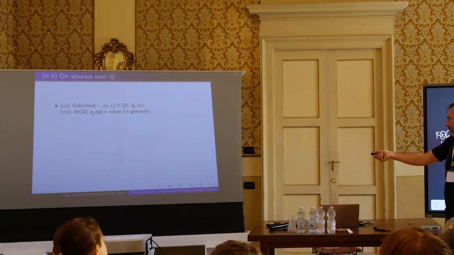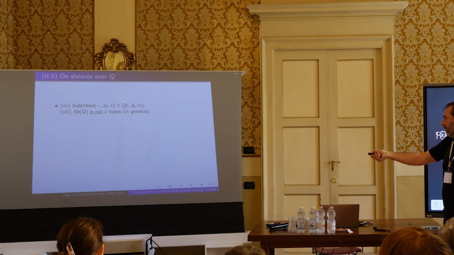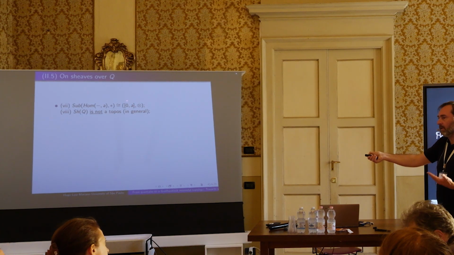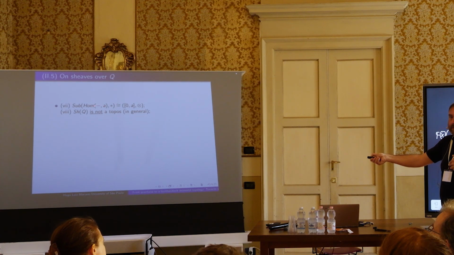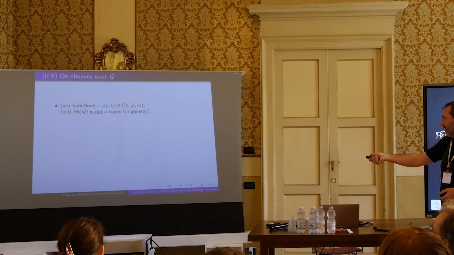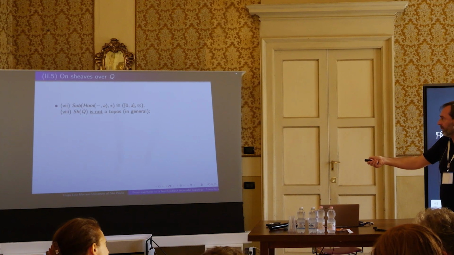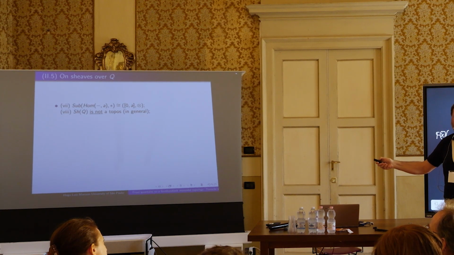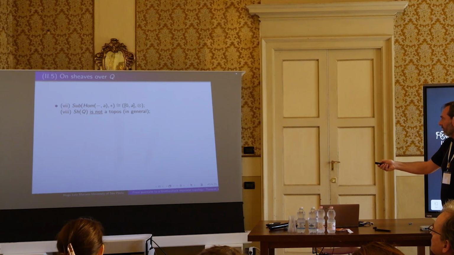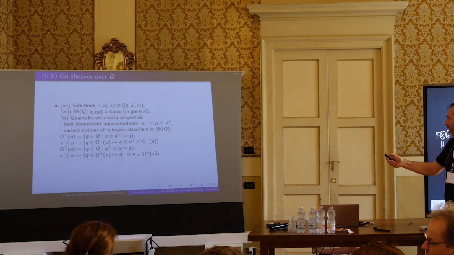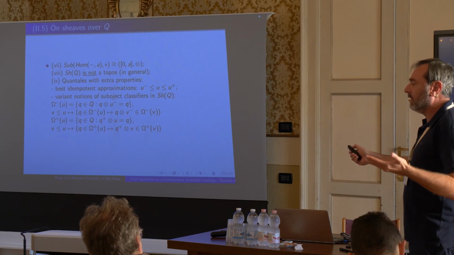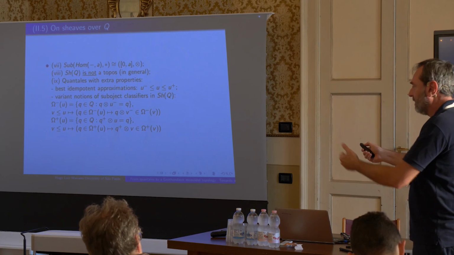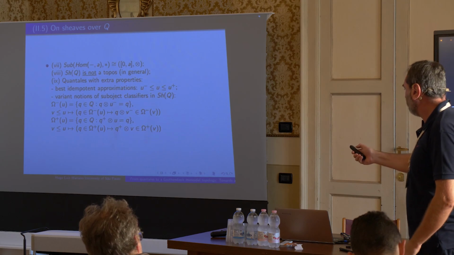Therefore, it's easy to produce examples where this quantale is semi-Cartesian, but it's not a locale, so it's not a Heyting algebra, and therefore this cannot be a topos. Even an elementary topos cannot hold. For instance, if we take the quantale of ideals of a non-commutative ring, this is the case.